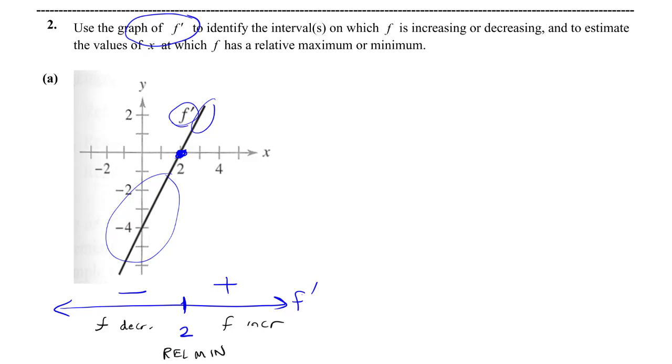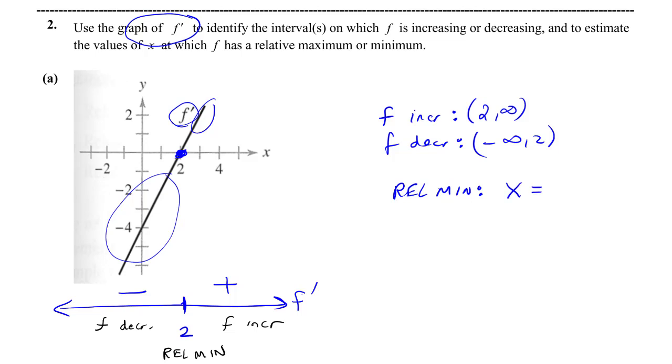All right, so if I summarize that, f is increasing, f is decreasing. It's increasing on 2 to infinity. It's decreasing on negative infinity to 2. Relative min